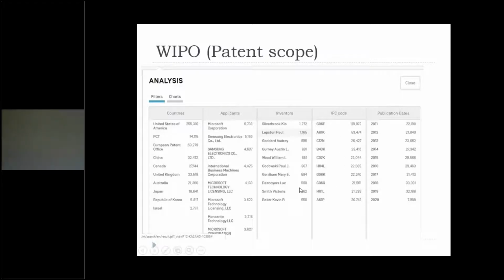Don't get confused. All of these we have taken for the pen invention only. You don't want to confuse about that, right? With that, we have already given one filter, that one keyword, pen. If you just click on G06F, it will take you to this particular IPC code based pen invention. As simple as that. I hope now you got the answer.